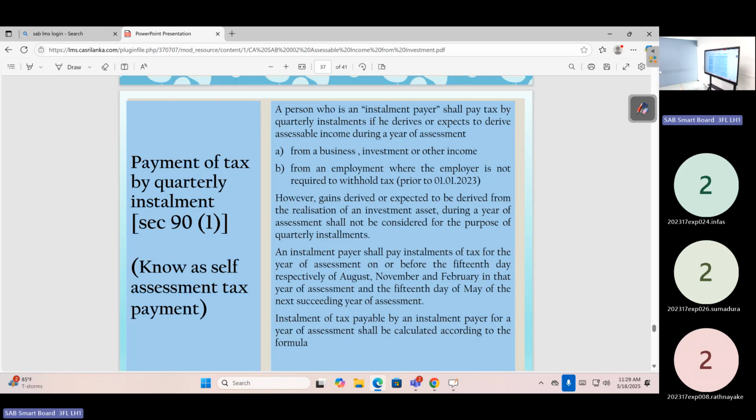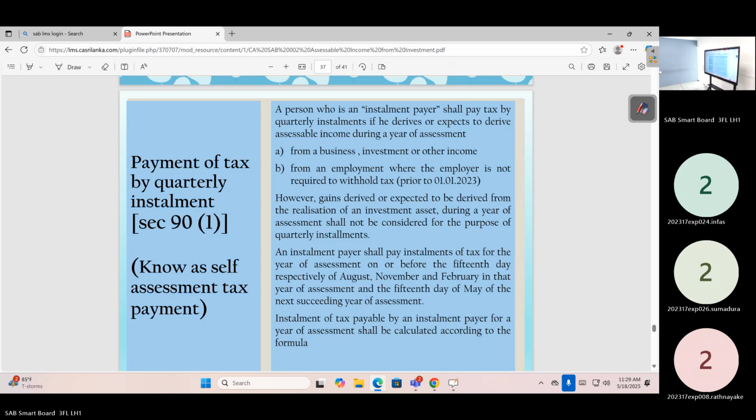So business, investment, or other sources: somebody whose employment income is not subject to APIT has to make an installment tax payment. So installment tax payment is required. However, gains from the realization of investment assets, which we call capital gain, cannot be discharged by way of withholding, and are not considered when we work out